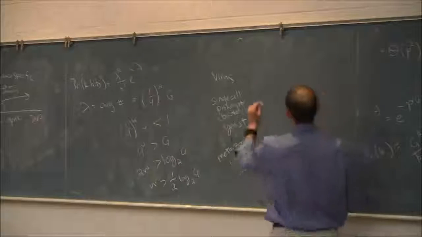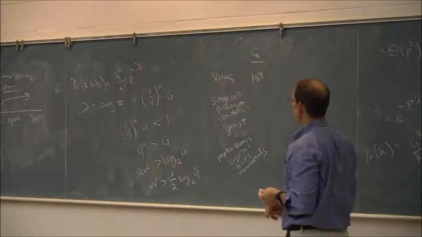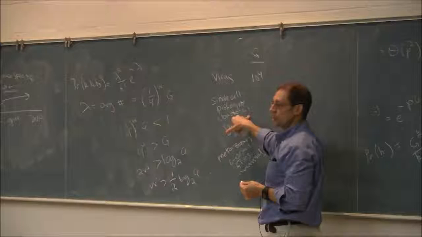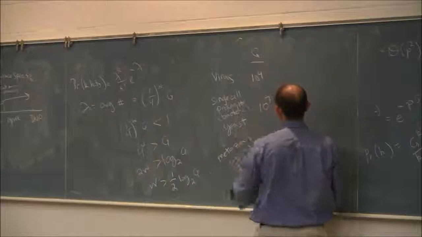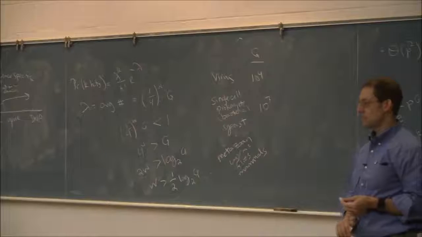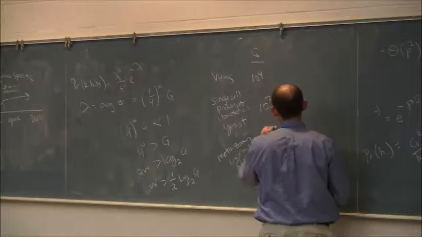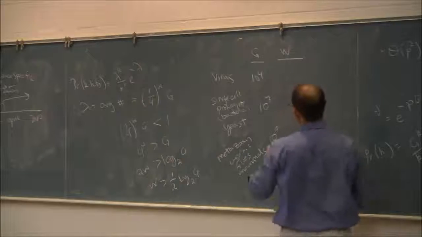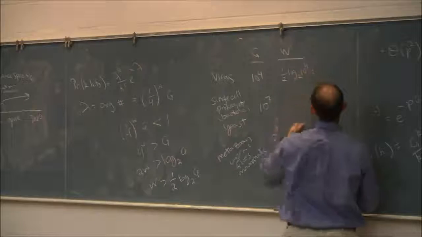So what do I use in the notes? So viruses, the genome size, 10 to the 4th for a virus. Yeast and bacteria are 5 to 10 megabase genomes. So mega is 10 to the 6th. So this will be about 10 to the 7th. And people are 3 times 10 to the 9th. So we'll round up to 10 times 10 to the 9th or 10 to the 10th. And then the binding width we need, we'll just take 1/2 log 2 of 10 to the 4th.